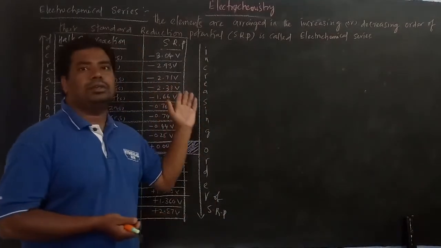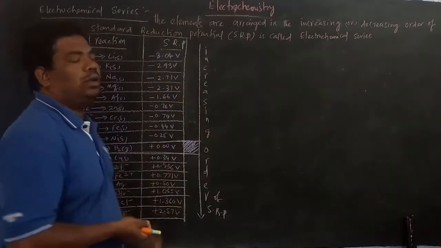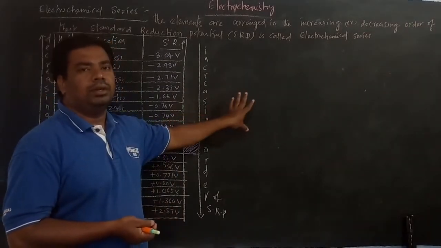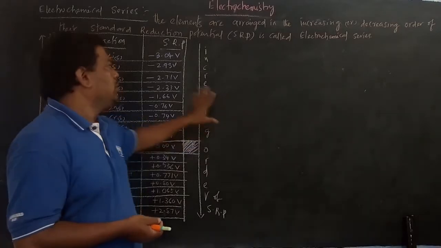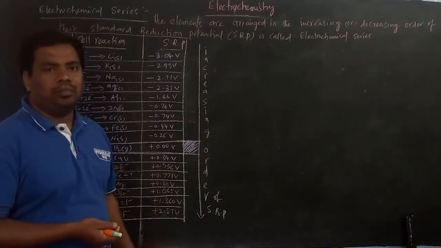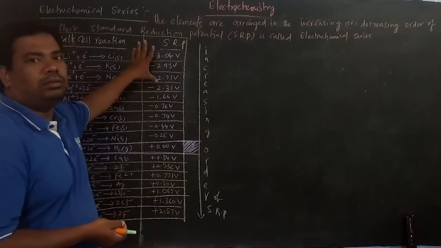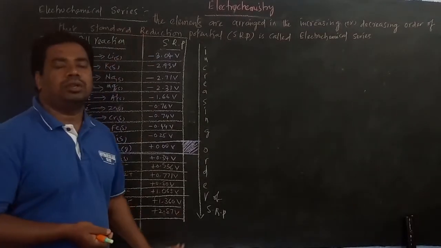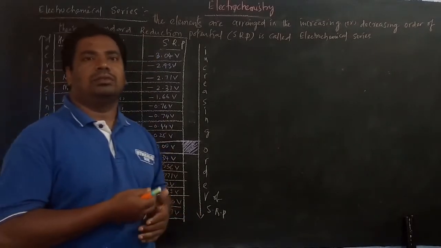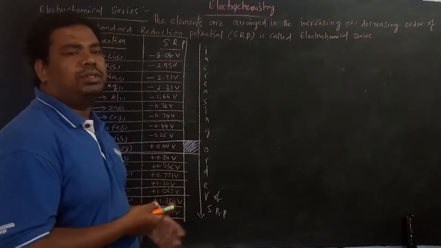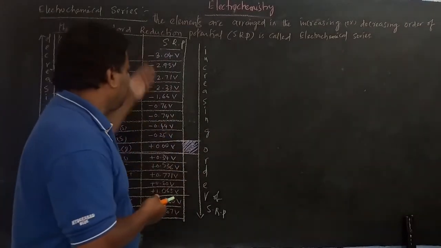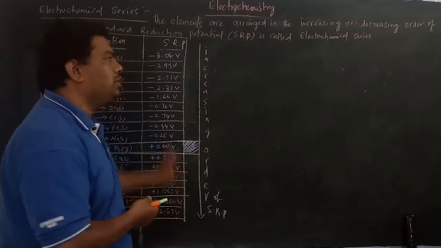Here in this session, we will focus on the electrochemical series. Electrochemical series is very important, and here we have the standard reduction potential table. Don't memorize the standard reduction potential values, students. Just practice the problems once, twice, thrice, so it is easy to remember. Don't memorize all these numerical data; it is not important.